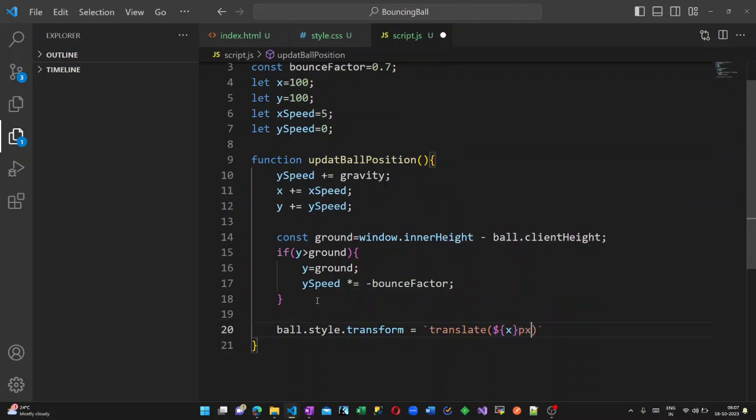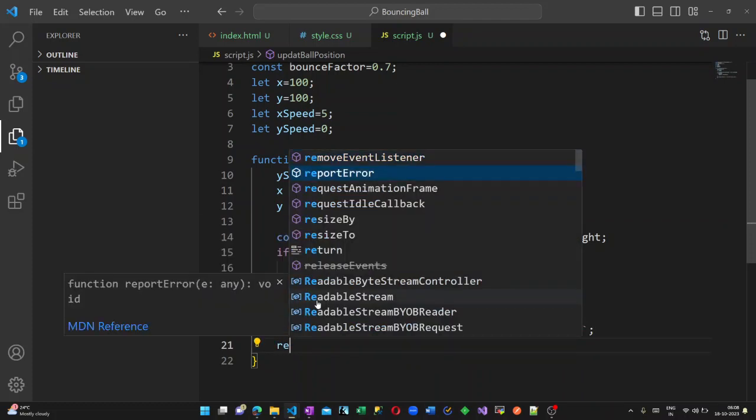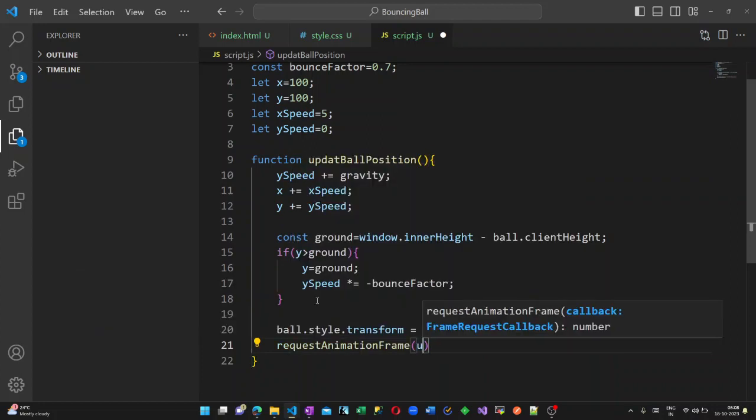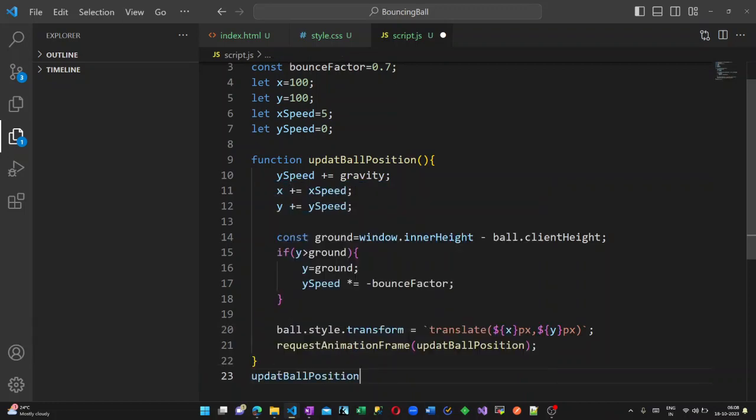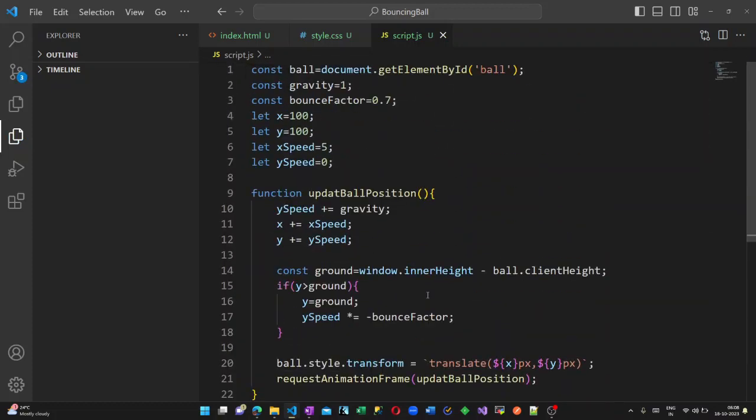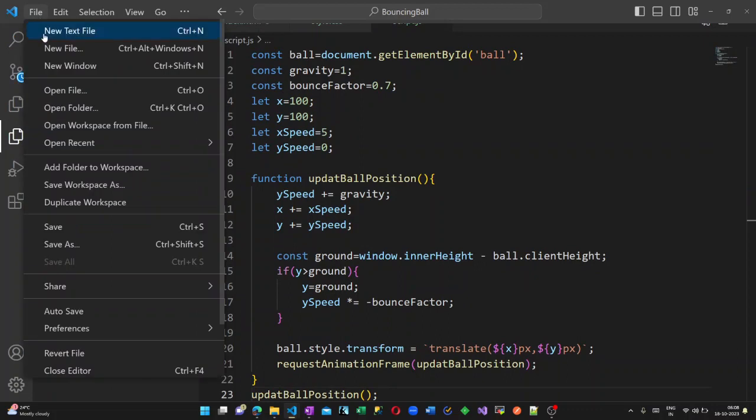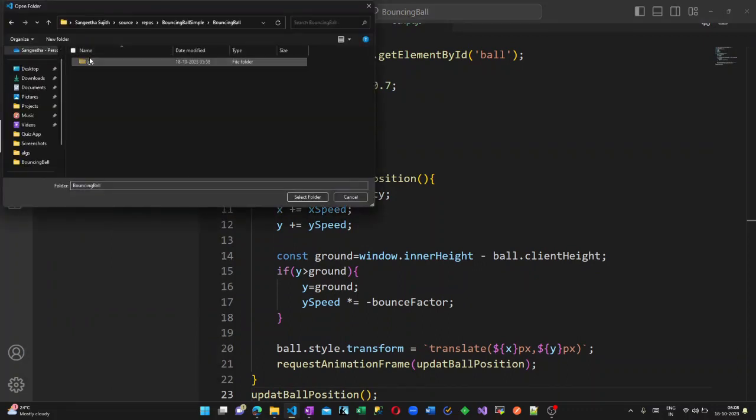Now I am writing the ball.style.transform. So the x and y represents our original x and y, and the translate function actually represents how it can translate from one position to another. Now we are requesting an animation frame. We are calling the requestAnimationFrame method for the update position. Now let us save this and open our